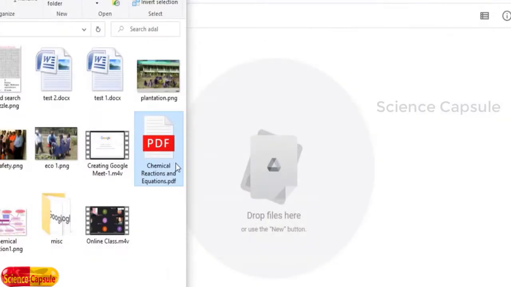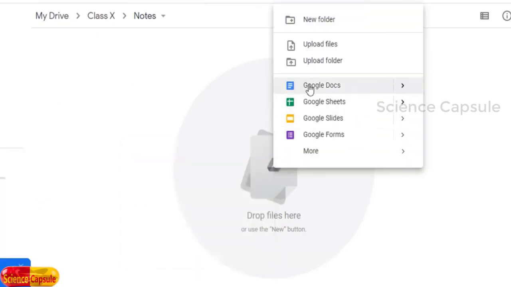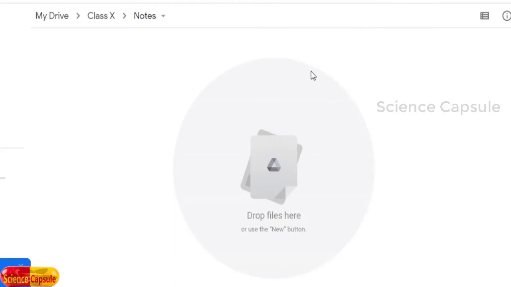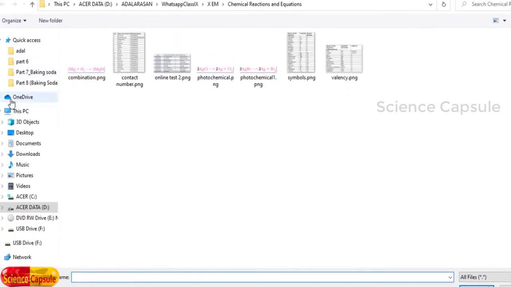So online is one of the best modes of sharing documents nowadays. What you can do is, there are two ways by which a file can be dropped. Drop the file over here by dragging it, or simply you can right click, then here upload files. When you click on upload files, it will take you to another window where you have to choose the file location, and accordingly you can upload.